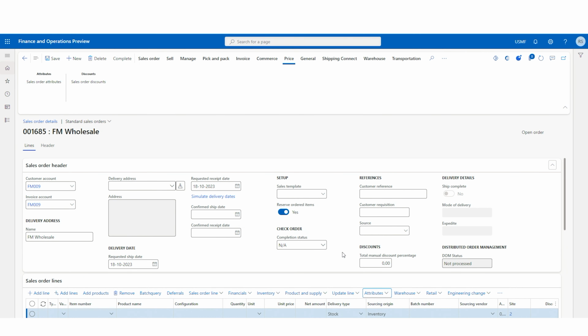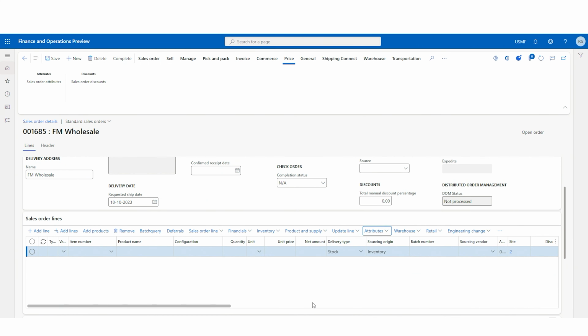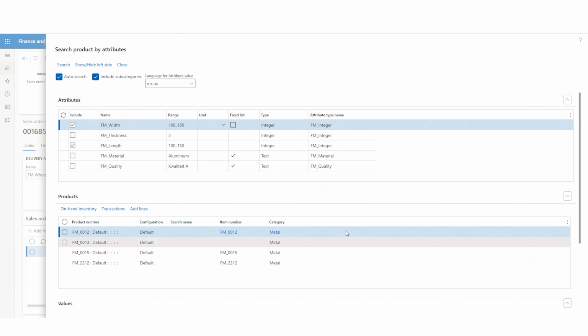A second and final example that I'll give is, for instance, on a sales order. Here I can add items, and I can also search items by certain attributes. So if I go to search for attributes, I can see the same attributes come back here. I can specify a certain width or thickness that a certain customer demands. I can specify a certain range, and then from this view I get to see that I already have certain